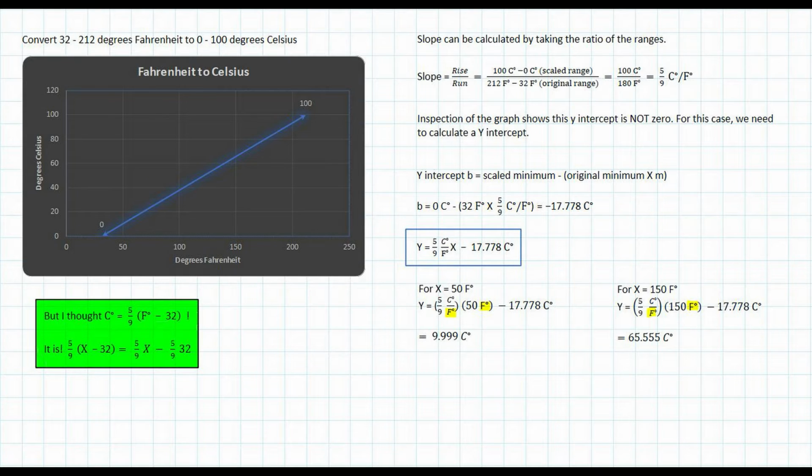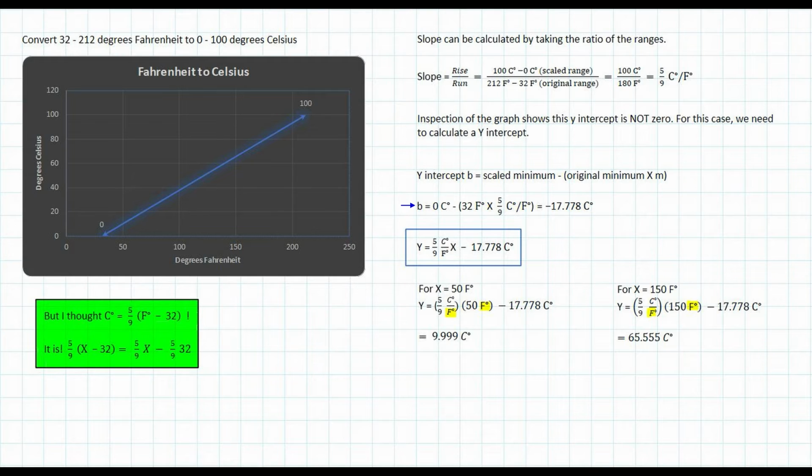For this conversion, we don't need to concern ourselves with the scaled minimum, though, because it's 0 degrees C that our scale starts off at. So to calculate our y-intercept, we multiply 5/9 degrees C per degree F by the original minimum of 32 degrees Fahrenheit, and that gives us approximately negative